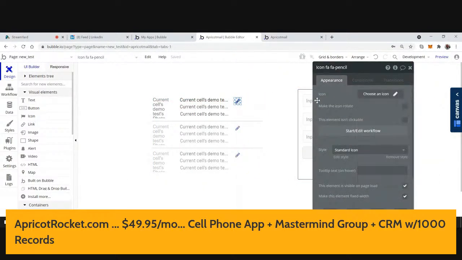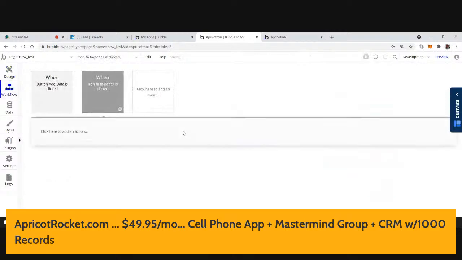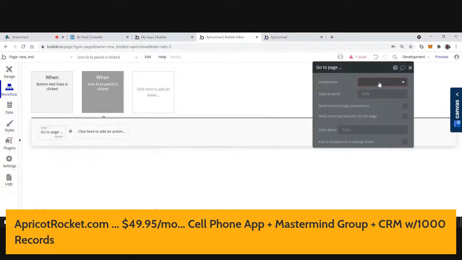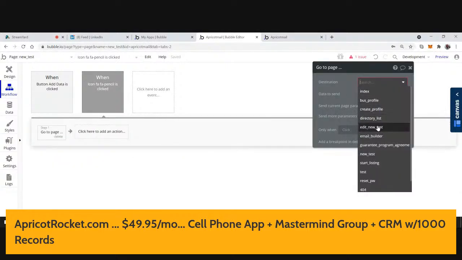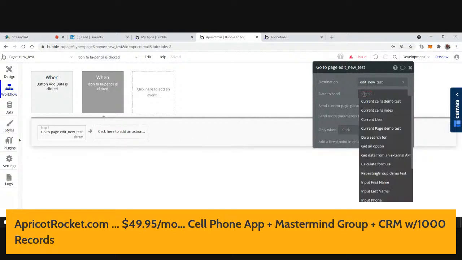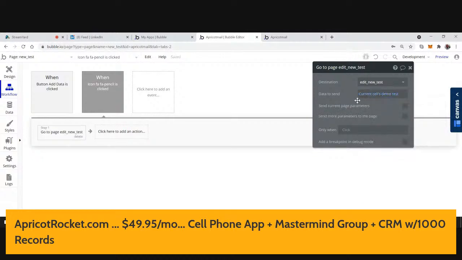So I've clicked on it, and now I'm going to start edit workflow. When I click on the info, I'm going to navigate, go to page, edit new test, and then data to send is going to be current cell's demo test information.